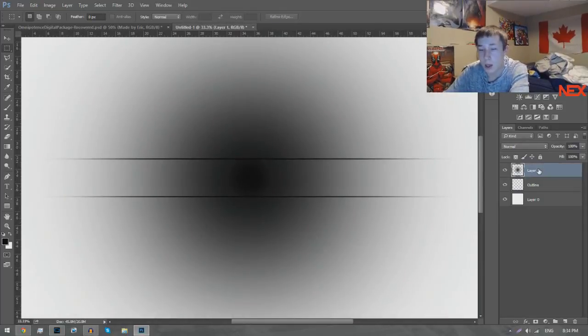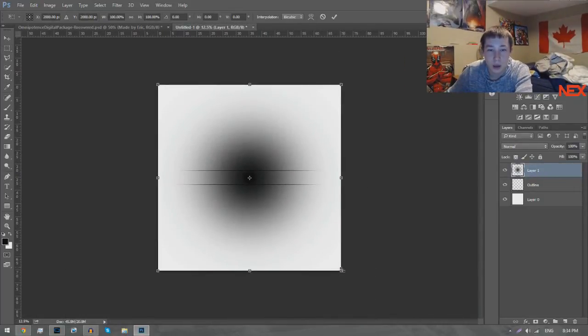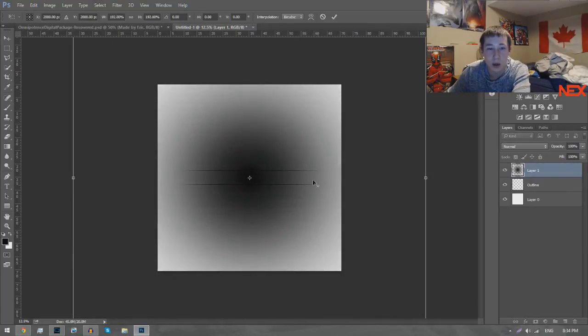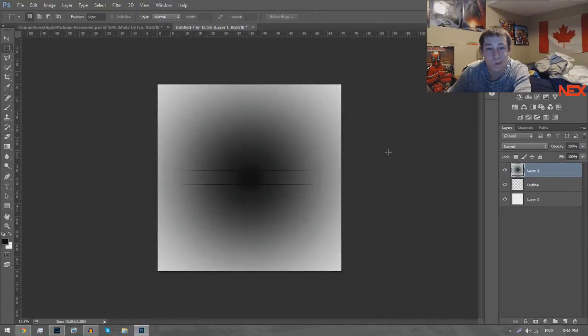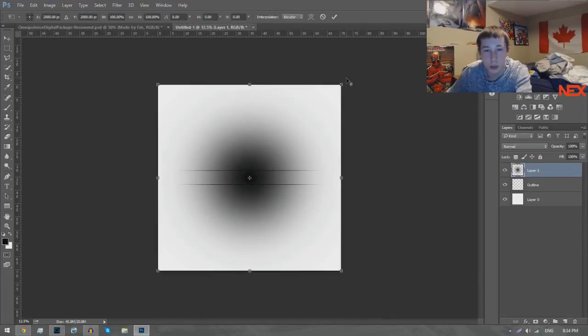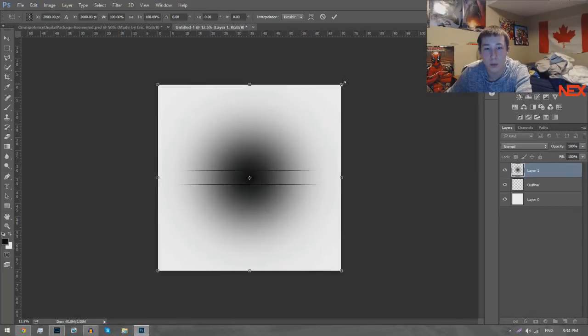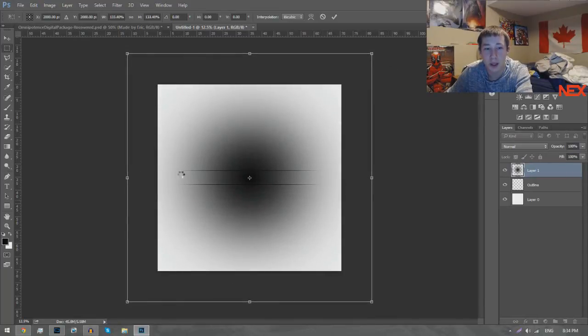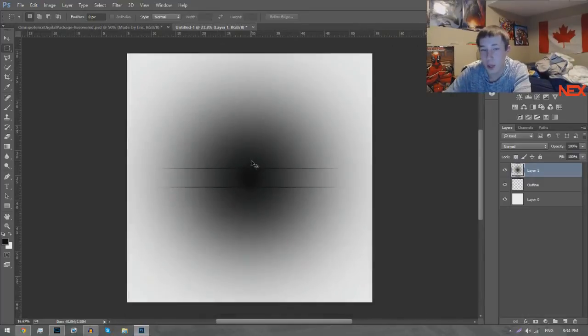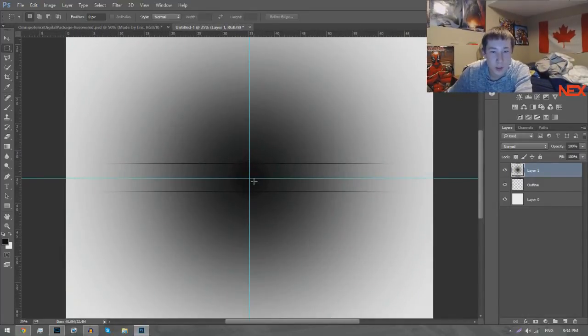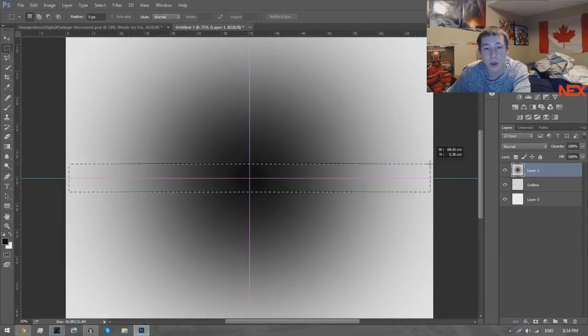And I'll grab our big circle here, and I'll just drag it a little bit bigger, like so. You know what, actually, I'm going to drag it in. No. So we're just trying to find a good match. Alright, there we are. So next what we're going to do is, while holding Alt on our rectangular marquee tool, hold Alt and just go out like this,